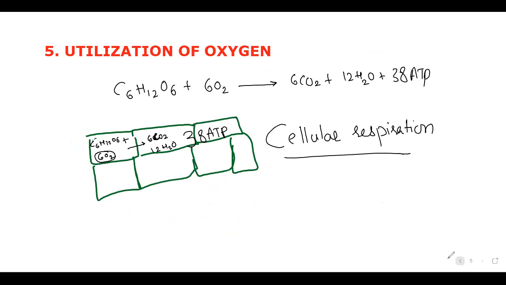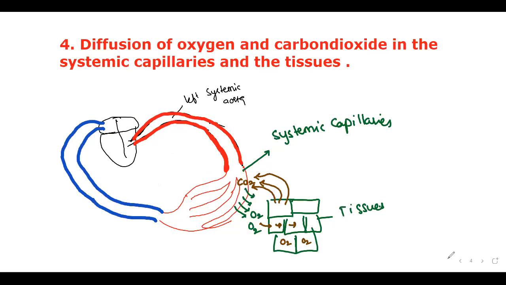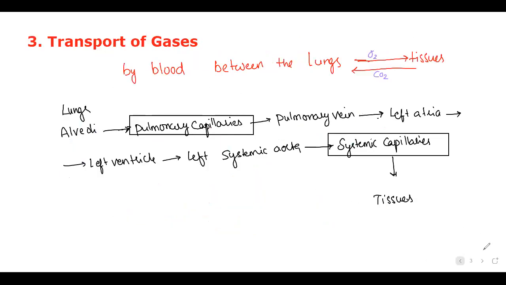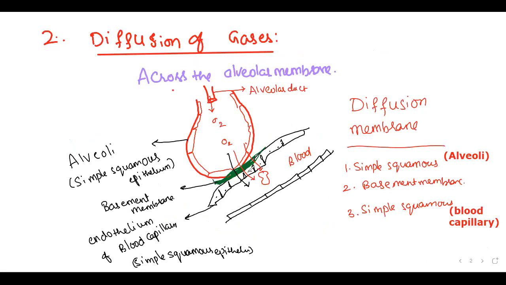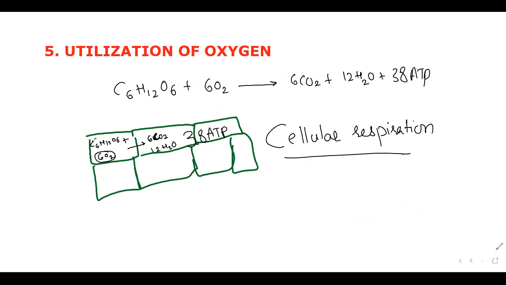Okay. So now we are going to see clearly what the events are in our body for intake of oxygen and for the giving out of carbon dioxide. That means gaseous exchange between the systemic capillaries and tissues, and gaseous exchange between the pulmonary capillaries and lungs. So what are the diffusion mechanisms? What works to take the oxygen in and bring the carbon dioxide out? All these issues we are going to discuss in the coming chapter. Before that, first of all, we need to see the mechanism of breathing or respiration.